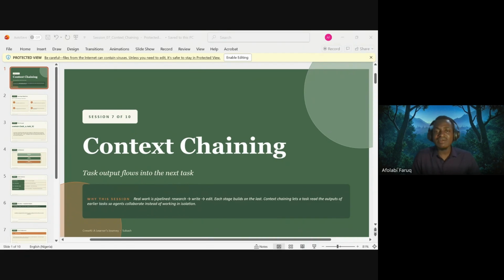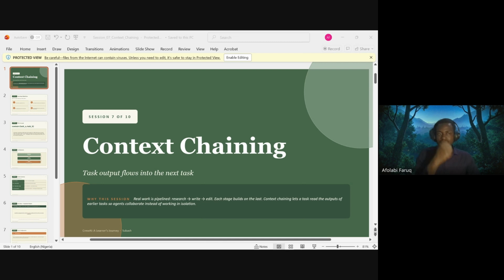So here is the high level architecture of how this works. Here you have a researcher agent, you have the writer, and then also the editor. So in this case, you can see that the researcher gathers facts, the writer builds context, and the editor forwards the context to other agents to be able to use in providing their own output as well. Then we can see the code anatomy, the context, and so on.